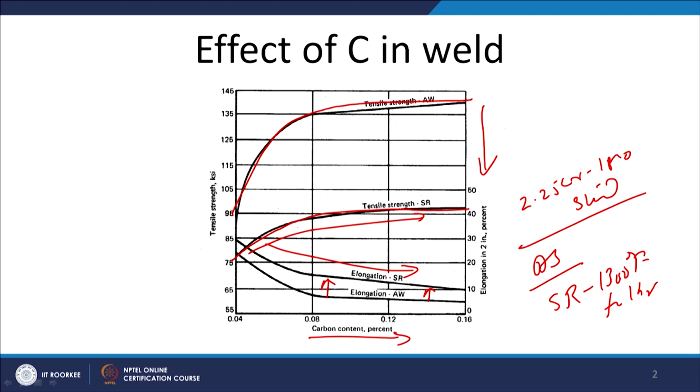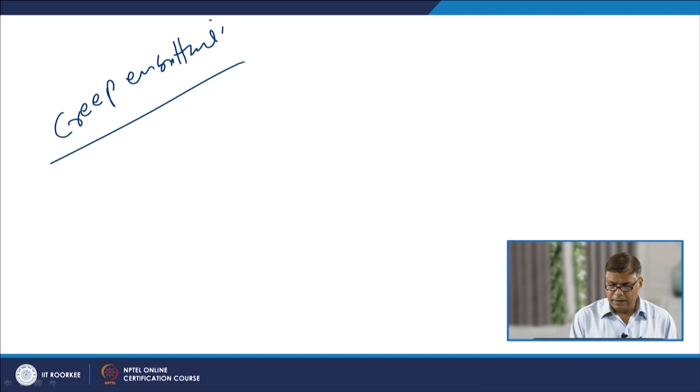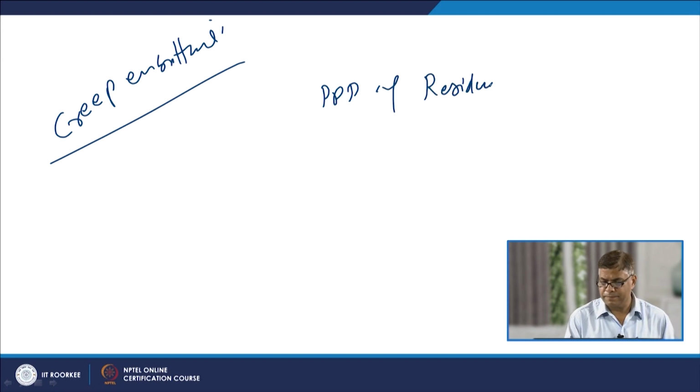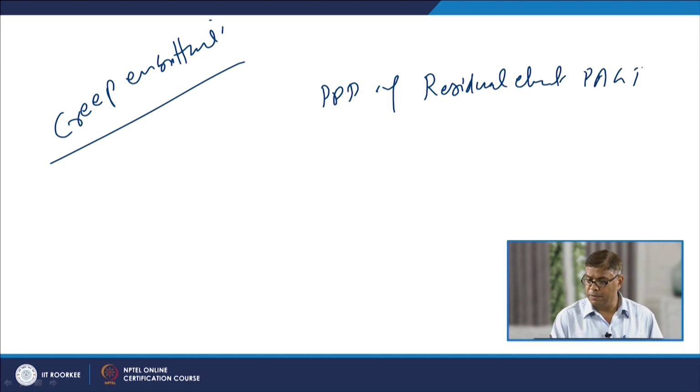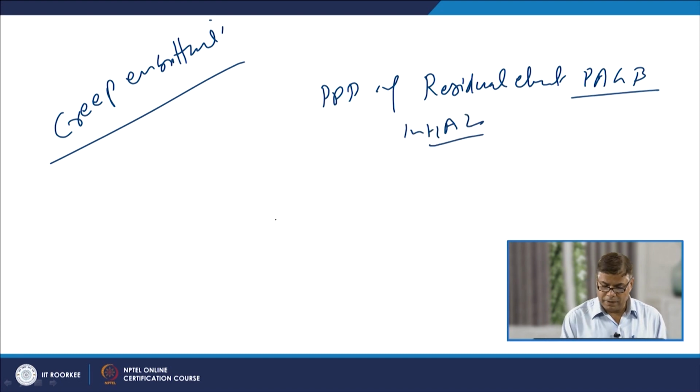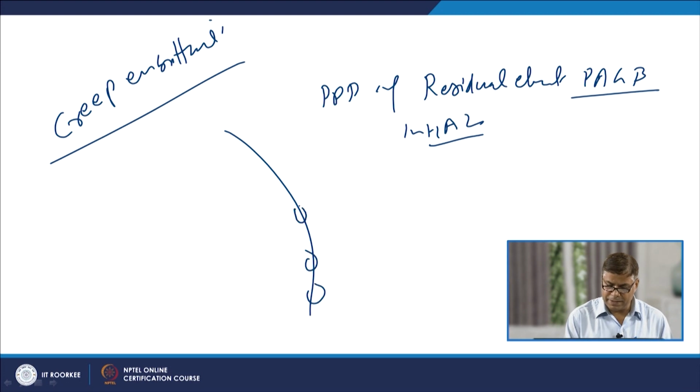Now we will be talking about the creep embrittlement. Basically, it is attributed to the precipitation of residual elements at prior austenite grain boundaries in the heat affected zone. So, at the grain boundaries, some of the undesirable phases precipitate and form intermetallic compounds, and the phases which form at a high temperature exposure